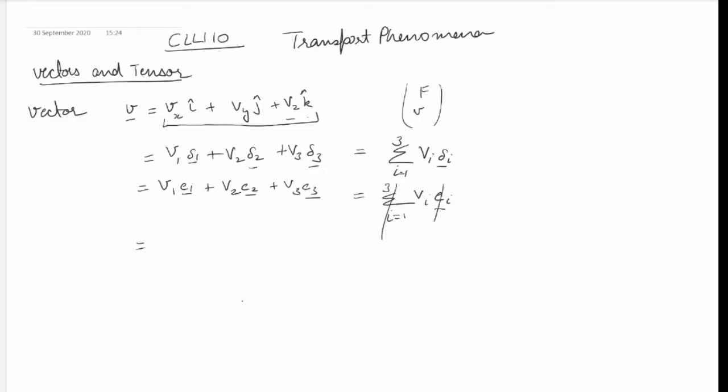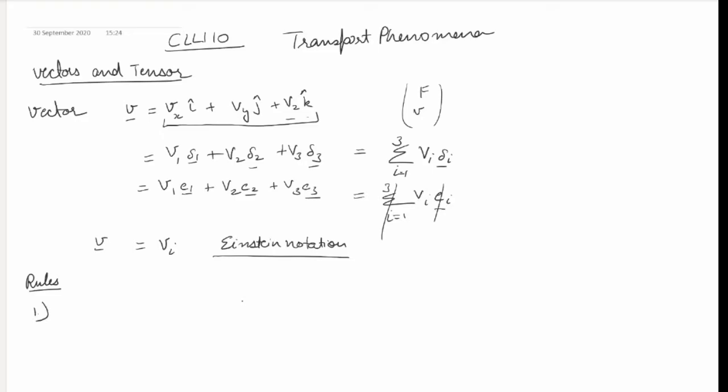So my vector I will represent as Vi, where i is a free index. If I have written in terms of this notation, then I will always have a summation sign with it going in all the directions and a unit direction or unit vector associated with it. So this is called Einstein notation, which is generally used. So there are some rules that we follow when we write Einstein notation, which I will elaborate on now.